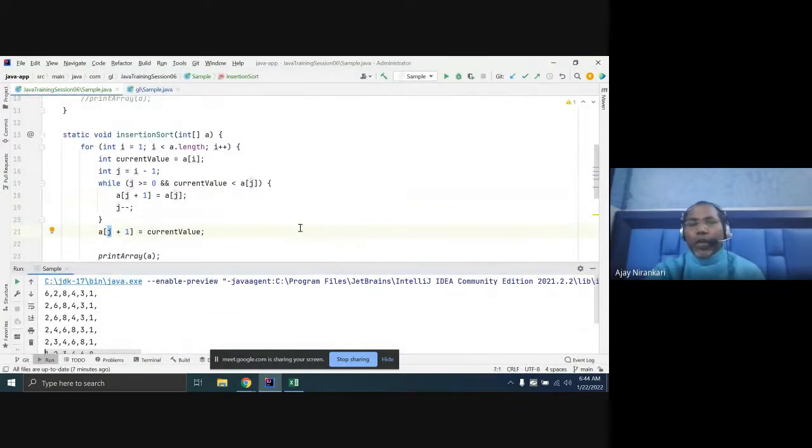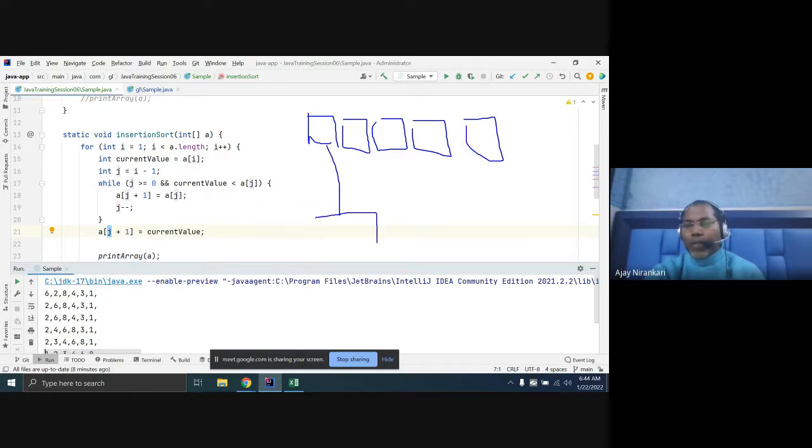So this algorithm looks like playing cards, okay? You are getting lots of playing cards. Whenever you pick one card and put it in your hand, again you pick the next card and put it on the left side or right side.